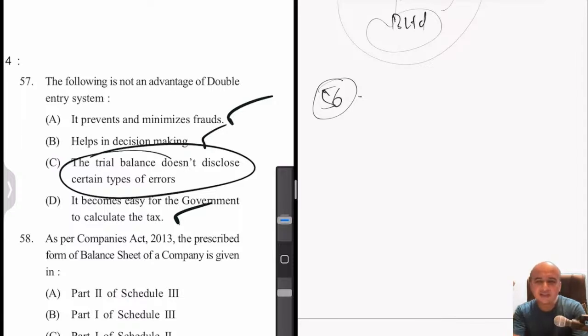Now, why do we need trial balance? Trial balance is generally used to verify the arithmetical accuracy. However, it does not disclose certain types of errors, such as maybe error of omission or even error of commission in certain cases where there are compensating errors. In such a circumstance, it will not disclose at all. So therefore, this is definitely not an advantage of double entry system. So therefore, option C in this case is the right answer. Next,